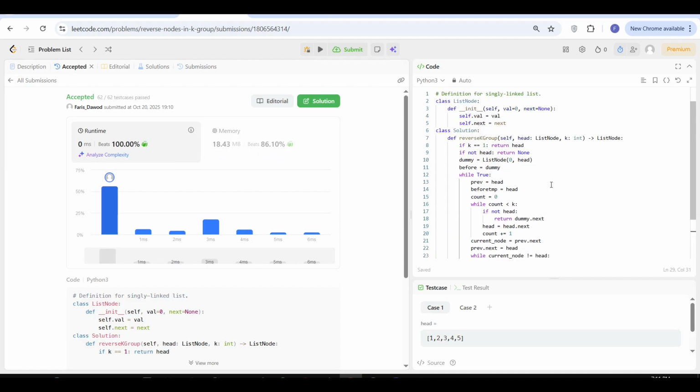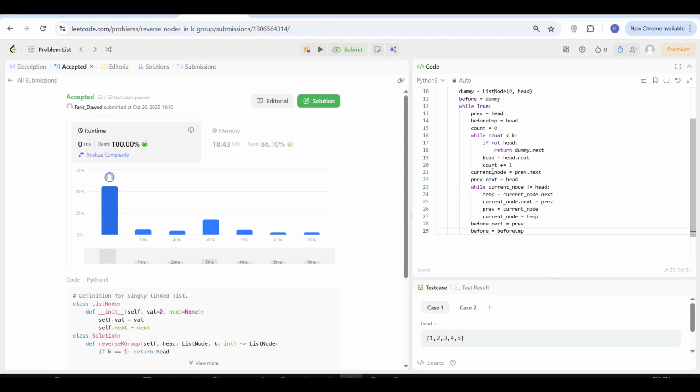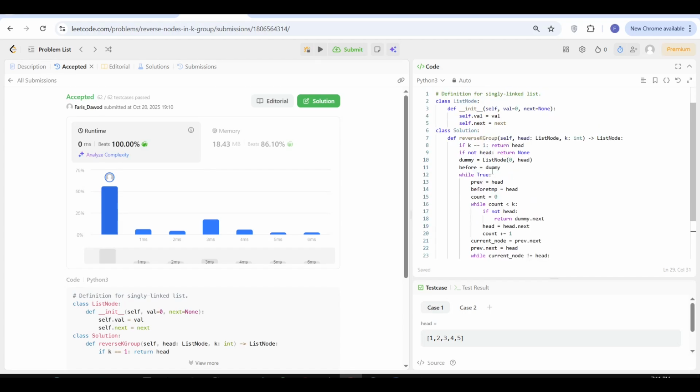I know, even for me, I read it many times, and there are so many pointers. The problem itself is easy to understand, but the implementation is kind of confusing to write, because this pointer points to this and this to this. So I hope